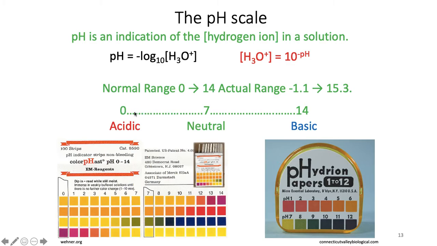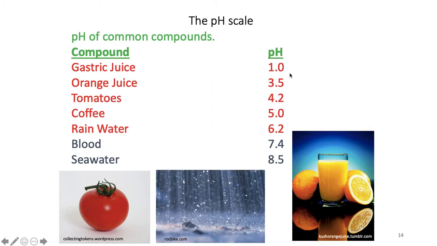The lower on this scale, the more acidic you are. The higher on the scale, the more basic you are. The stronger the acid, the stronger the base, right? If you're closer to here, that's a weaker base than up here. If you're closer to the neutral, that's a weaker acid than towards the end of the scale, or the beginning, however you want to look at it. So gastric juice, having a pH of 1, is pretty strong because it's mainly HCl, which is a very strong